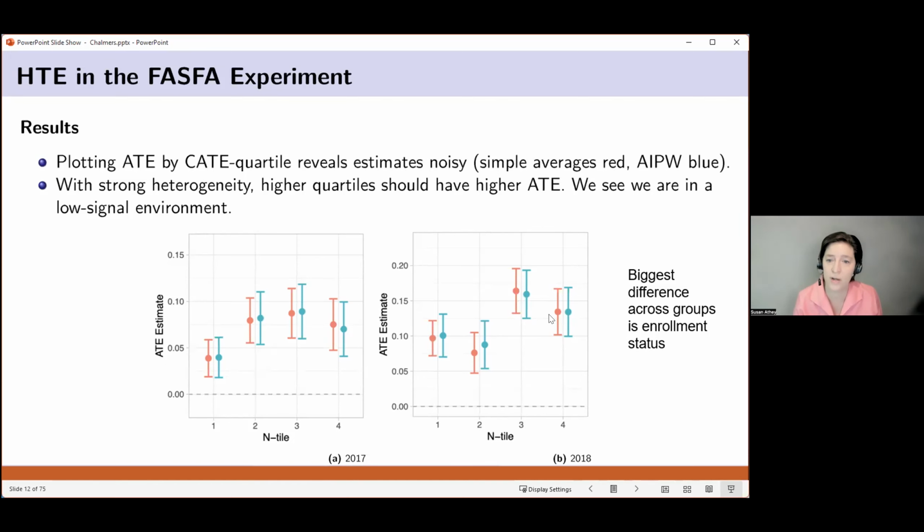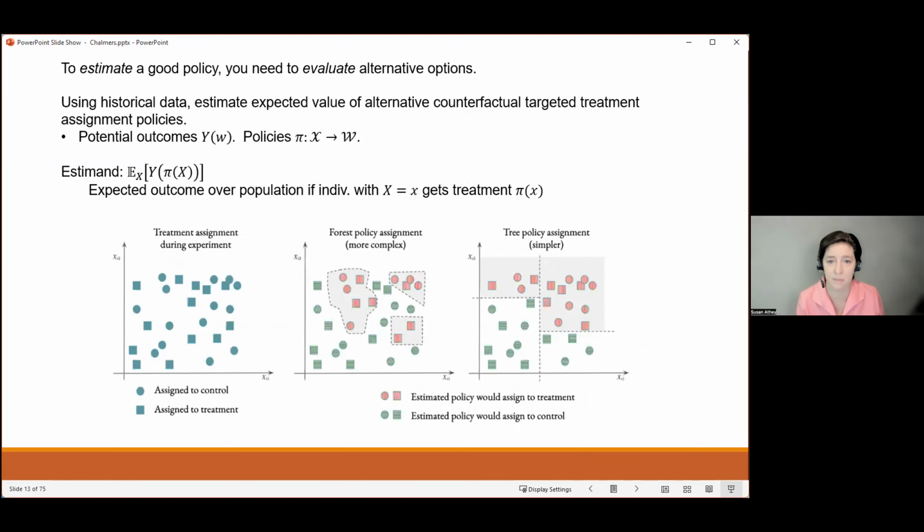And when we go and look at the covariates that underlie this, which covariates put you in the higher quartiles, the biggest difference across groups is enrollment status, whether the person had actually dropped out of college at the time the text messages were sent. Now, this is a college that serves first generation people that are adults that are often working full time. So people drop out and re-enroll all the time. So just being unenrolled doesn't necessarily mean that you're not interested in financial aid, but we're finding that the people who were enrolled were the ones who had the biggest effects.